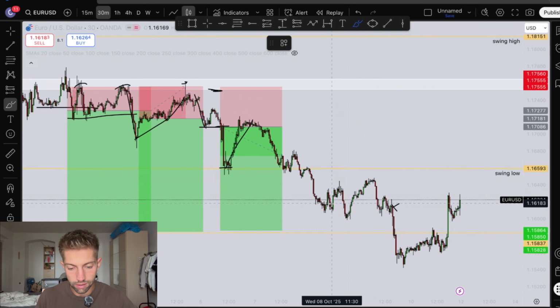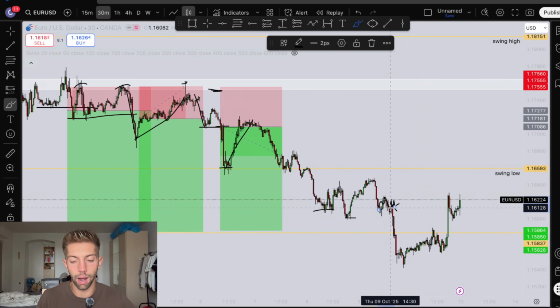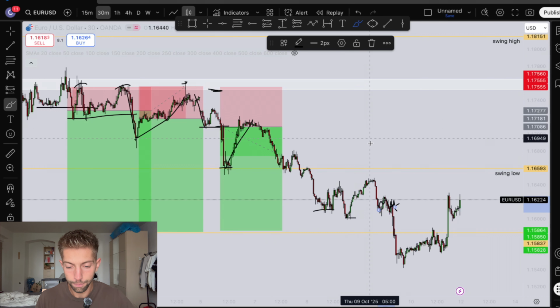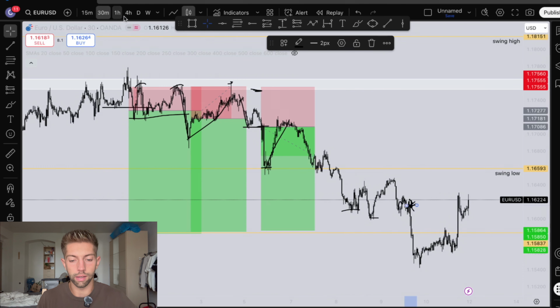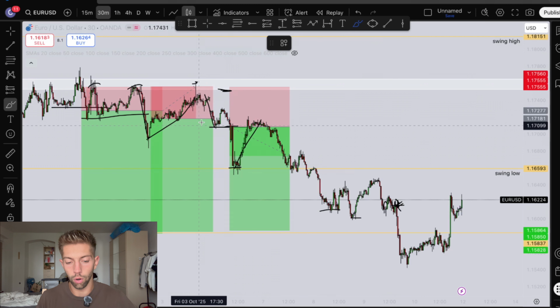But since we almost did the TP here, and then the next day price was again ranging around this point, I was like, forget it. I'm up 5R with all these scale-ins because I was risking $500 in total, and I closed the trade at 2.5k, 2.4k, so it's 5R. So I was like, okay, I'm going to close the trade right here. And eventually we hit our TP, so I lost like $500, which is completely okay. But you get the point, guys. How I was able to catch this move and how I was able to stay calm through all of this